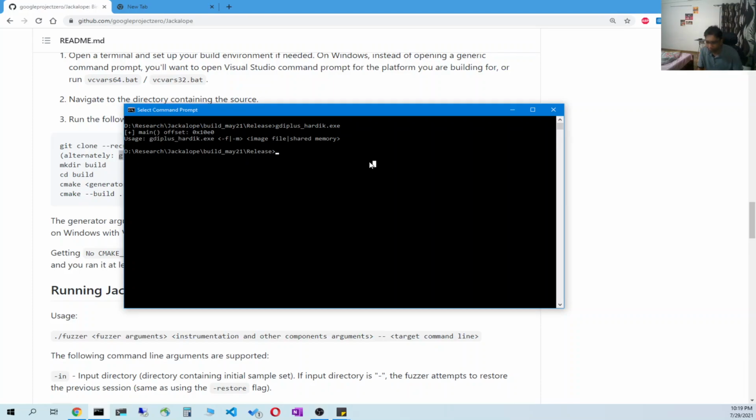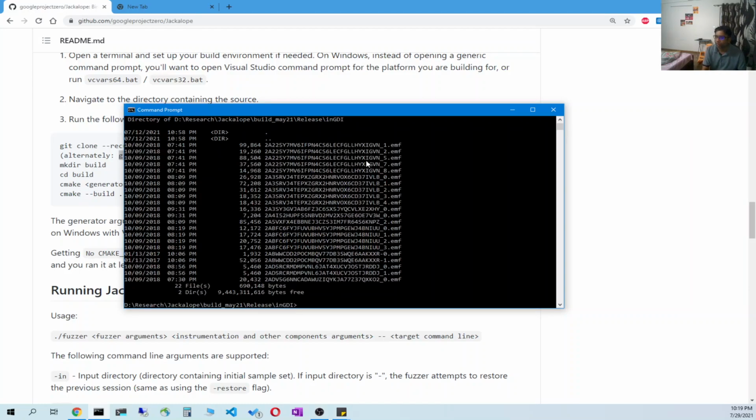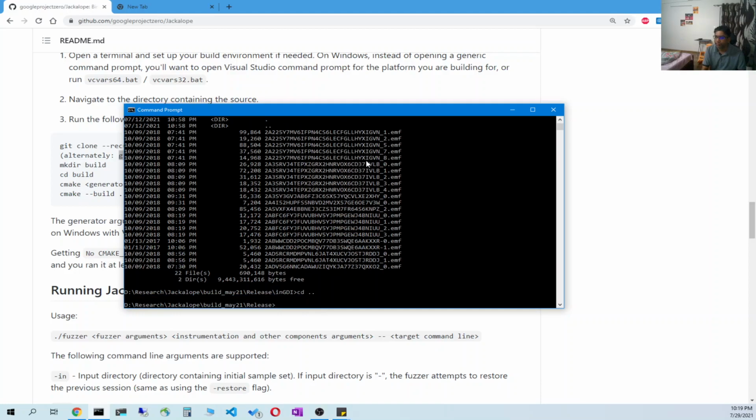So now we can collect some corpus, and I have already collected some corpus. I think I can show that. I have actually a lot of files over here, basically some EMF files, and there is no option to minimize it right now.